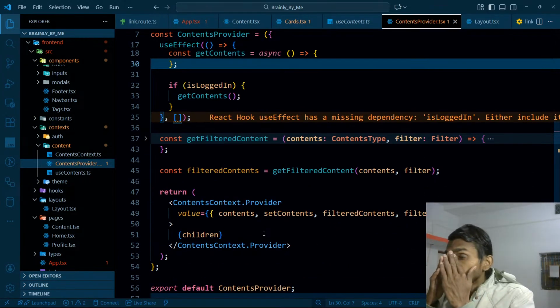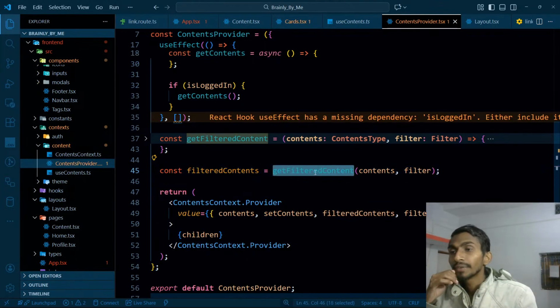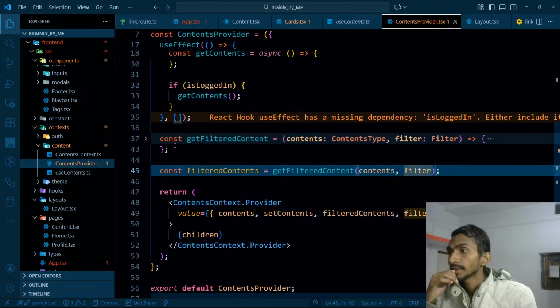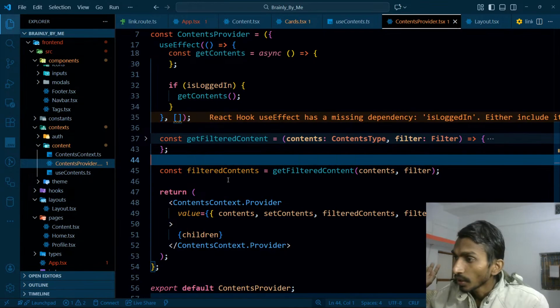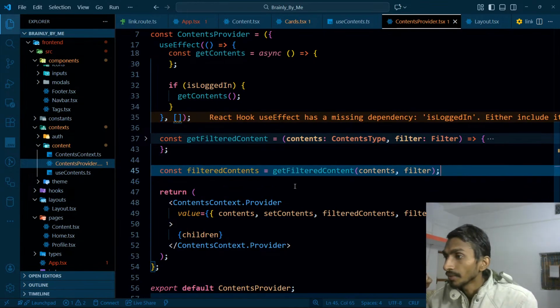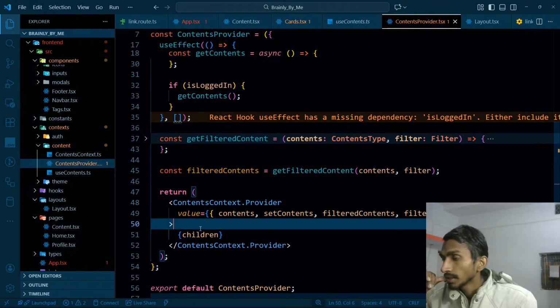What can I do now? I have to get my filtered contents. Get filtered contents sets contents and filter. It simply returns me the filtered contents. That's okay. So ultimately I have to render them. In Next.js it was nothing, but over here it is something. Then the next thing is that